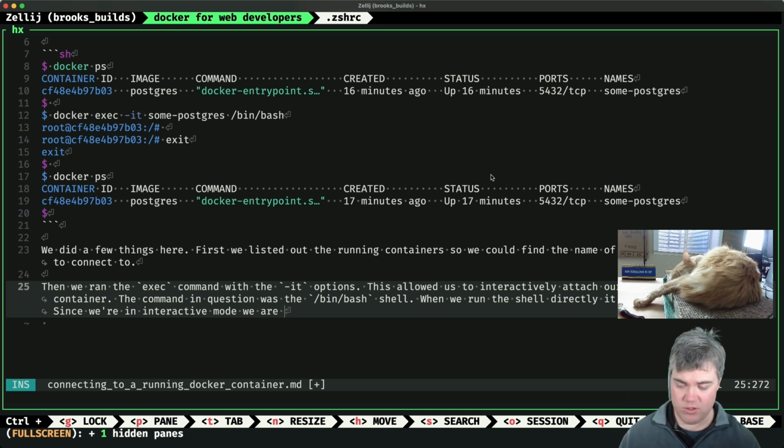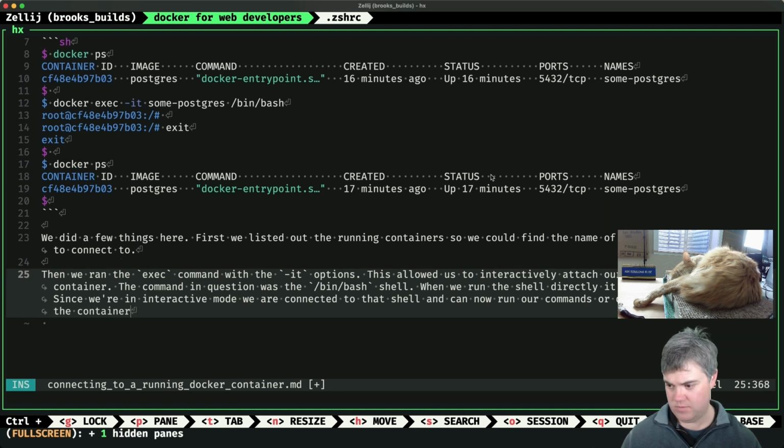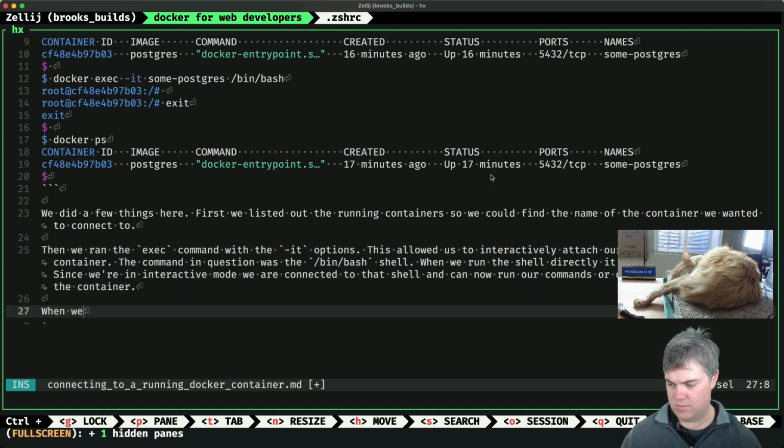Since we're in interactive mode, we are connected to that shell. Okay, so when we're finished,